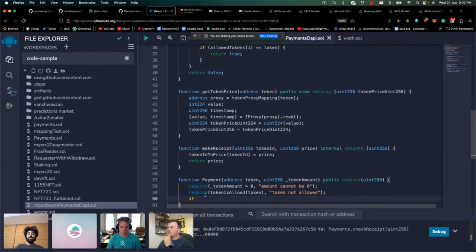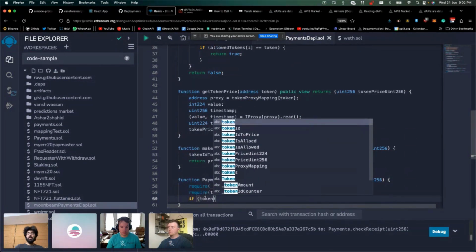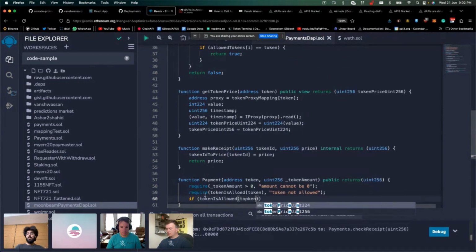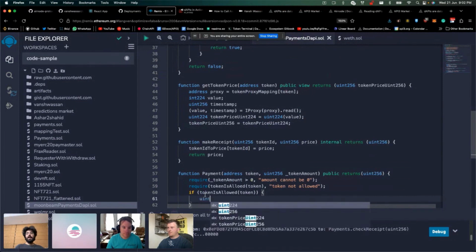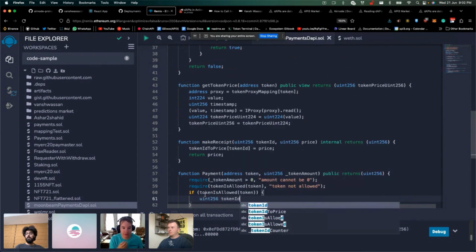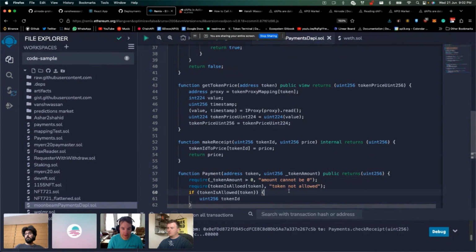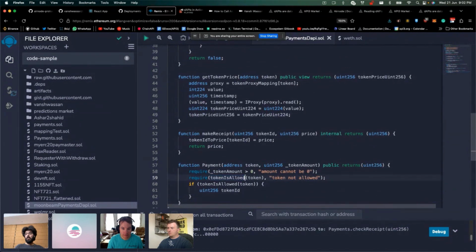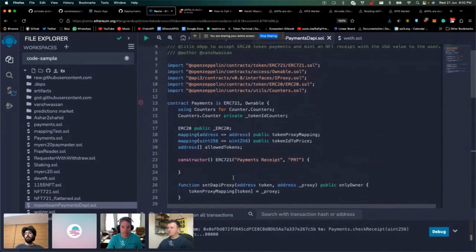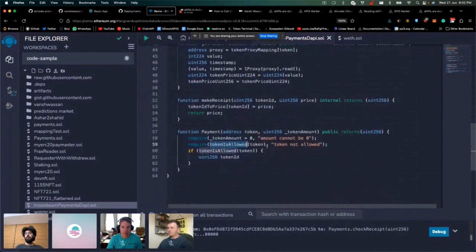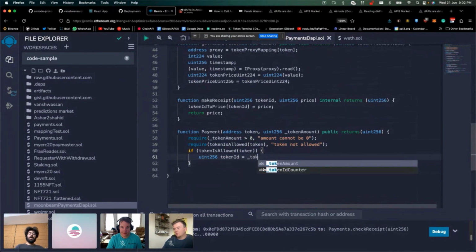And now we can actually just run the main code. So if the token is allowed, we can now run our logic. So we first get the token ID. You might have a typo on the require statement. I'm not sure if allowed. Oh yeah, token is allowed. Oh, thanks. So yeah, uint token ID, and this is where we actually use the counter and get the